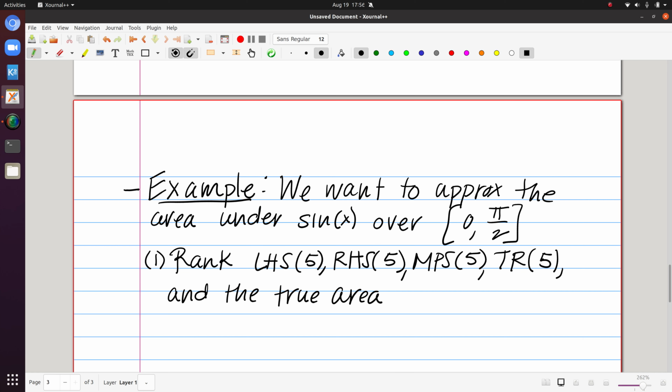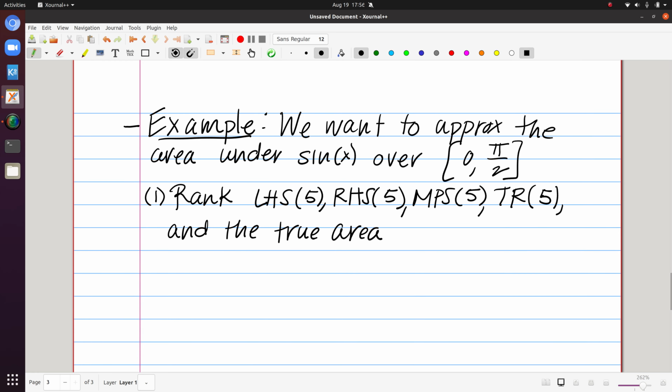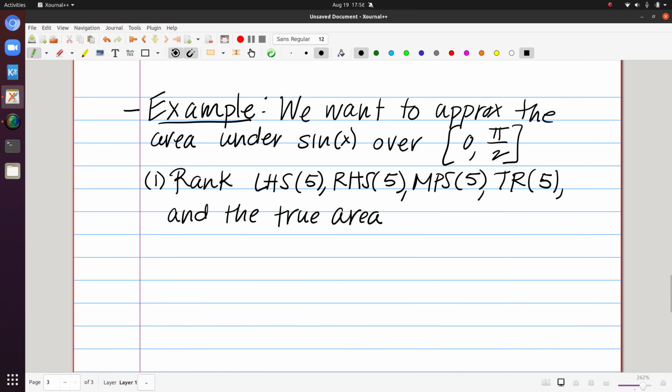And so we're referring to the area described above, and I could find each of these 4 named Riemann sums with 5 rectangles. That would give us some number, and we could compare it to the true area. So let's rank these from, say, smallest to largest. So what this comes down to is what we just talked about in terms of the features of f. So I need to consider whether on this interval f is increasing or decreasing, and also whether it's concave up